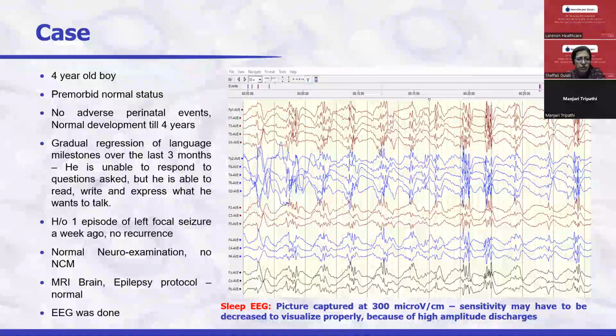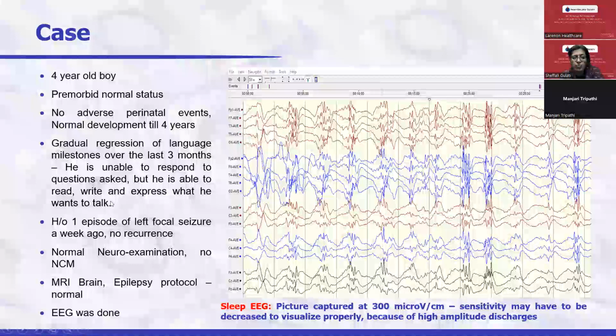Now, after this, we come to another case, a 4-year-old boy with a pre-morbid normal status and no adverse perinatal events, who had gradual regression of language milestones over the last 3 months. He was developmentally normal till 4 years, had gradual regression of language milestones, was unable to respond to questions asked, and was unable to write and express. He had one episode of left focal seizures, the brain MRI was normal, and the epilepsy protocol sleep EEG showed